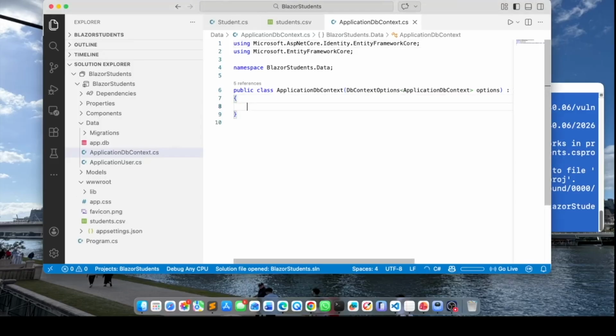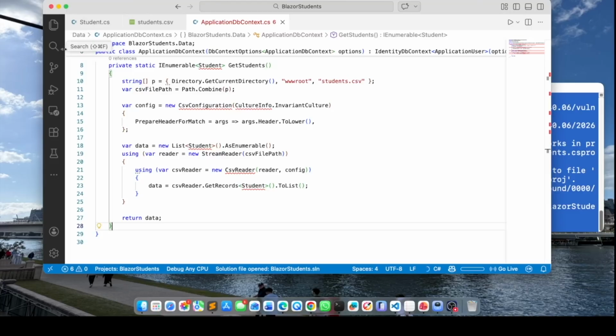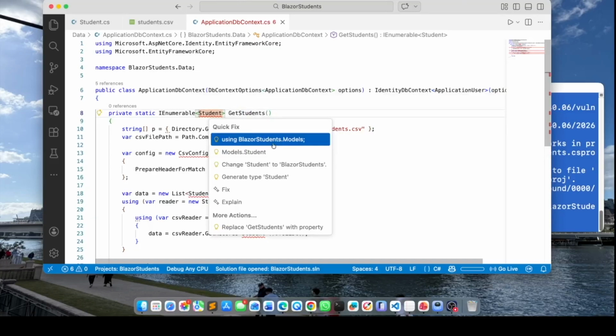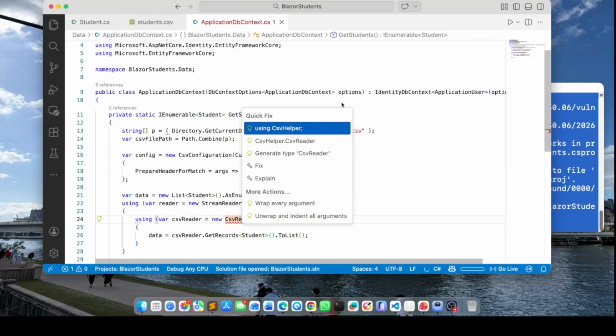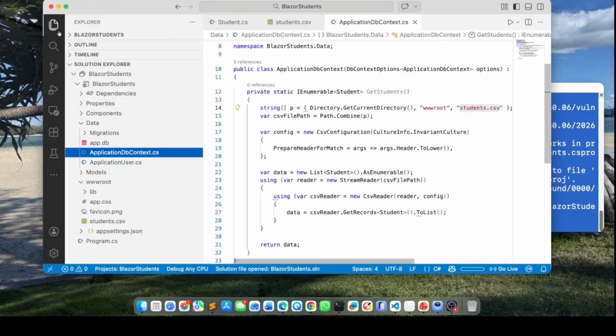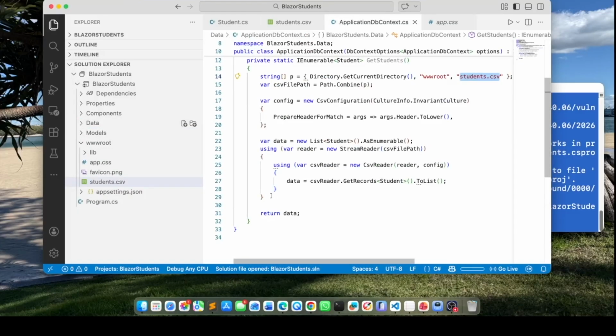To start with, I will add a helper method in the ApplicationDbContext, which is this GetStudents method. Let me resolve these namespaces first. This GetStudents method reads the students.csv file, which we placed in the wwwroot folder right here. And this code simply reads the CSV file and loads it into a list of student objects and returns that